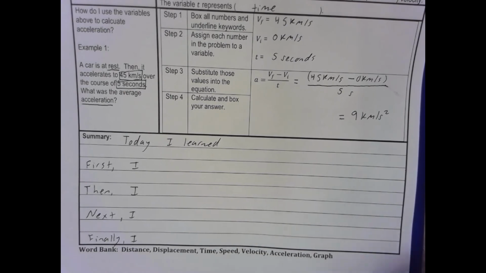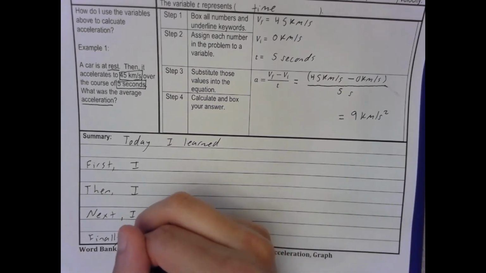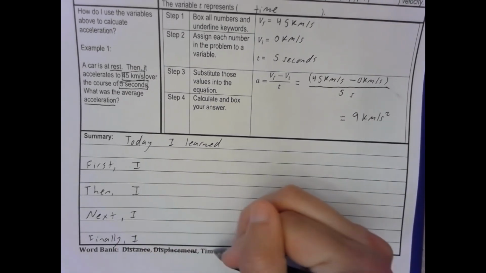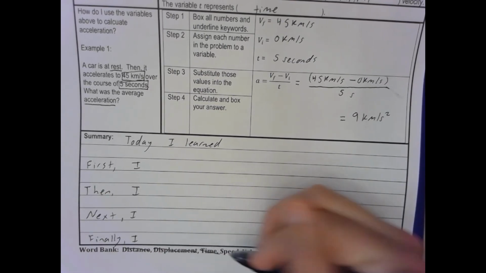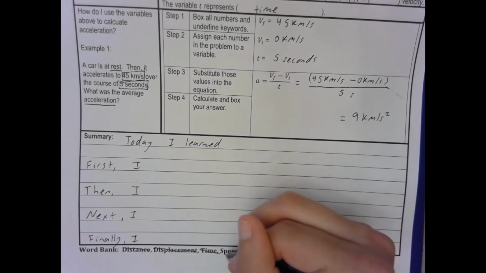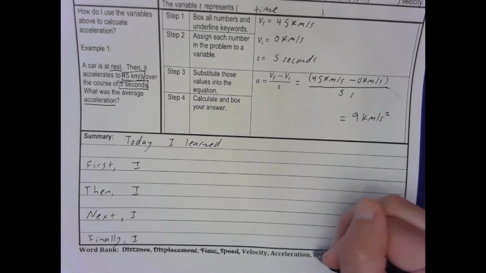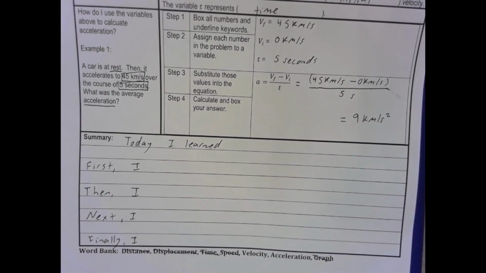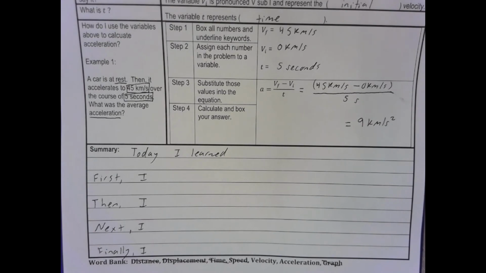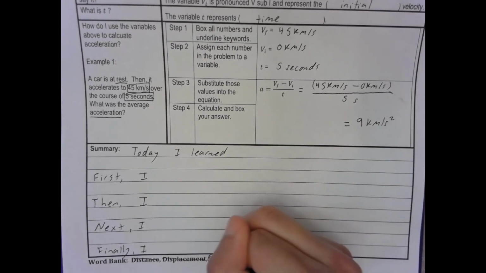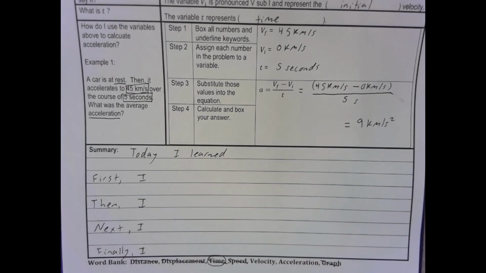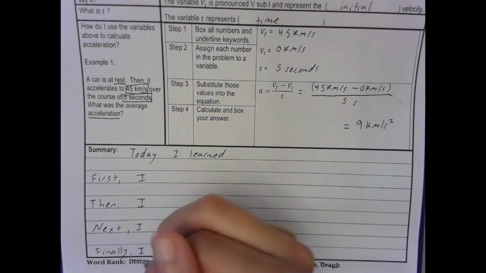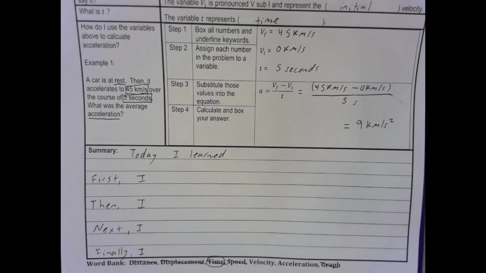So key part, we're actually going to take out distance, displacement, time, and speed. You can use velocity, acceleration. We're going to take out graph. So you're only going to use velocity and acceleration. Oh wait, actually, keep time. Alright, so velocity, acceleration, time, and that's it. Okay, those are the words that